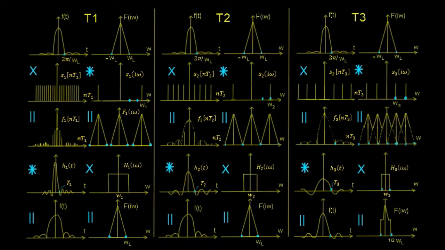So if we ensure that the sampling frequency here, called omega 1, is greater than twice the highest frequency content of this signal, that's the frequency omega L, this is 2 omega L, so we want to make sure that this omega 1 is greater than twice this frequency content omega L,